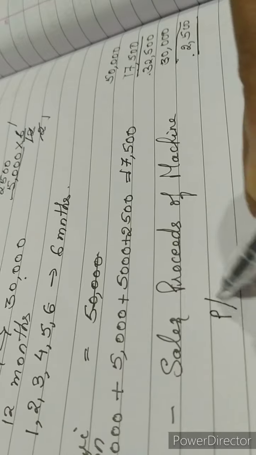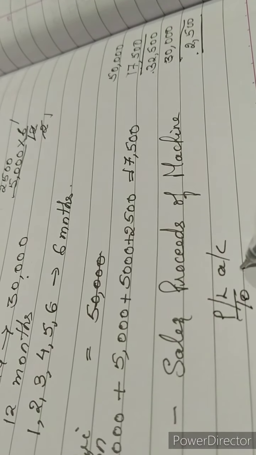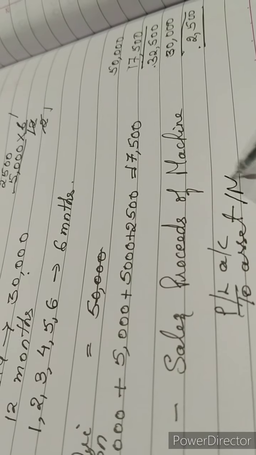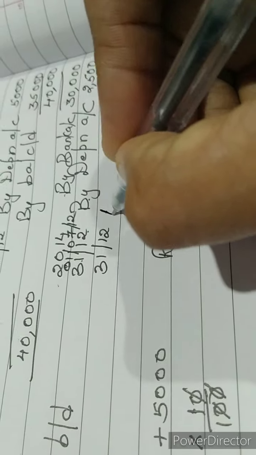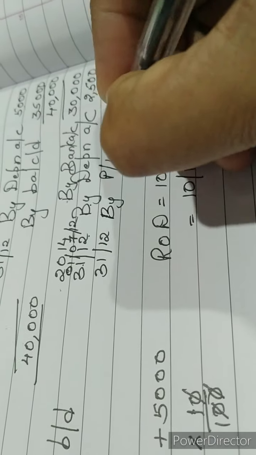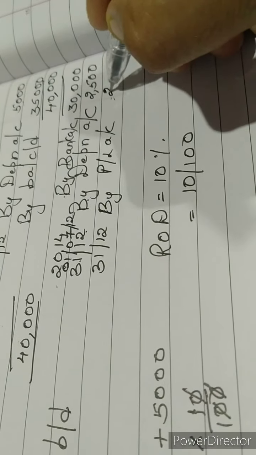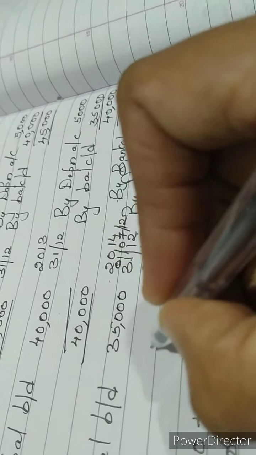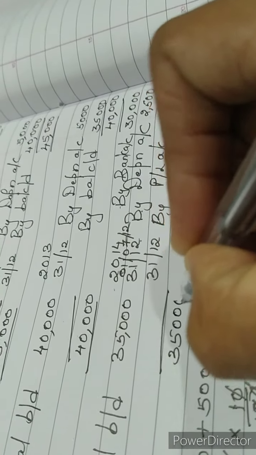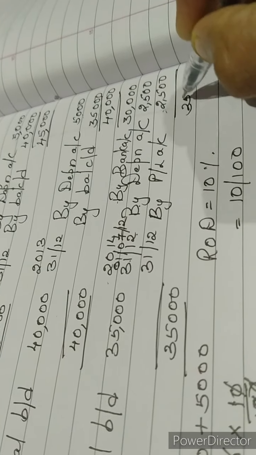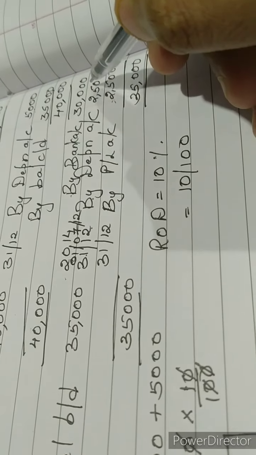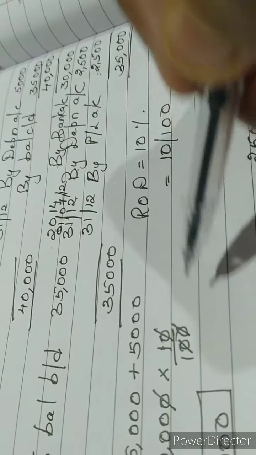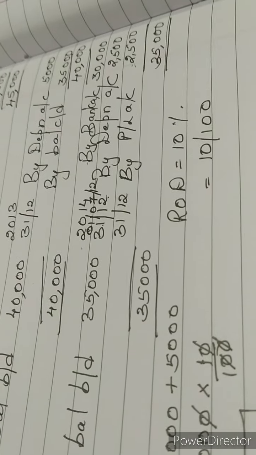Loss journal entry goes as profit and loss account debited to asset account. Because we are preparing the asset account here, that is machine here, profit and loss is debited there, we will credit it here. By end of the year, we will write it as by profit and loss account. How much did we get? 2,500. Now if you see the totals on both the sides, it will be the same. 35,000 we got here and 35,000 here. This means we have closed our books of accounts. There is no brought down. Why? Because the asset is already sold. There is no point in taking the value of the asset to the next year, which doesn't exist in our organization.